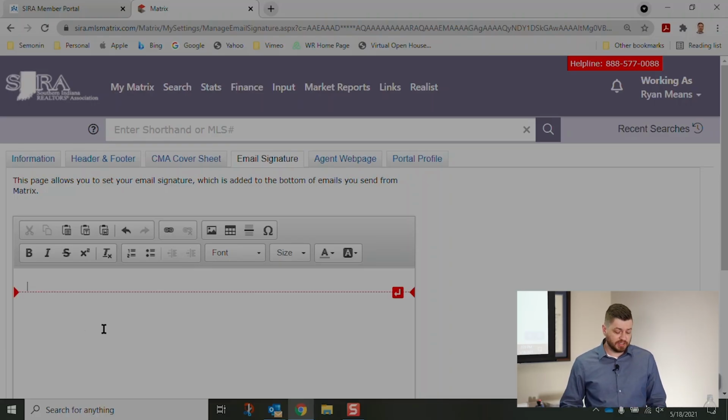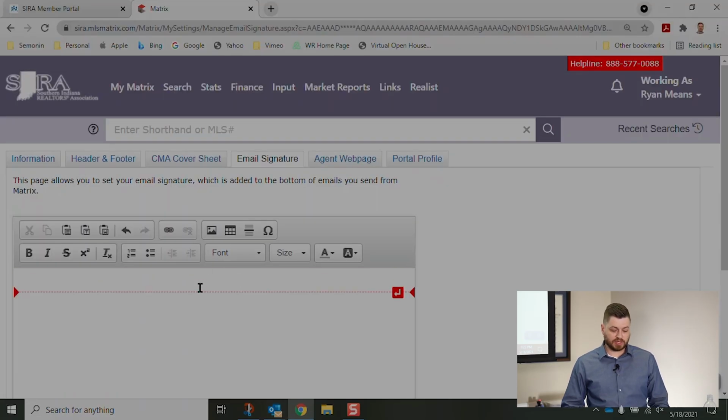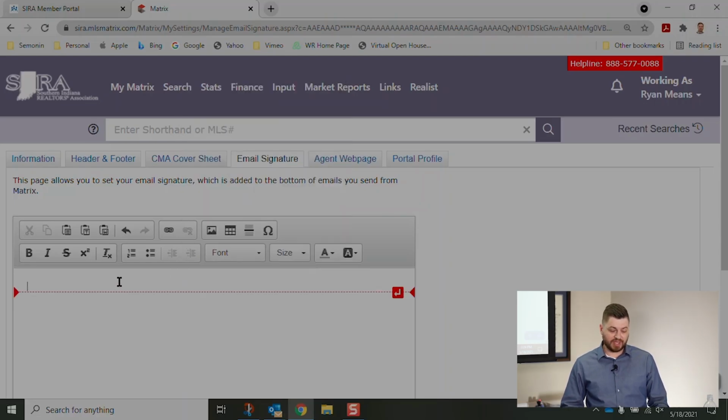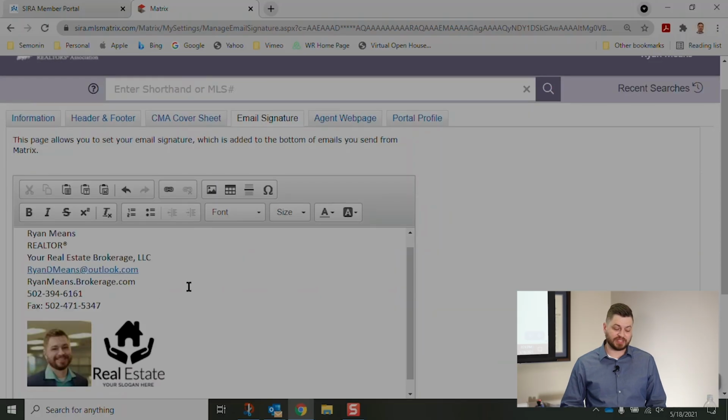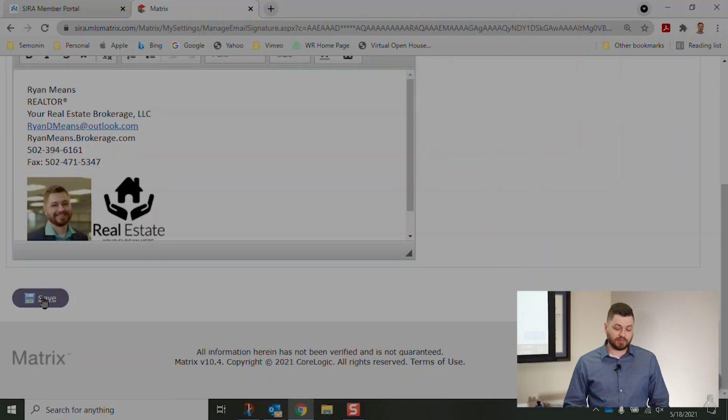Really quick and easy. Simply go to an email that you have, copy your signature. So select that email signature, right-click and hit copy, and come back over to Matrix, right-click and hit paste. If you don't see paste when you right-click, then you can do a Control-V on a PC, that's paste, or on a Mac it is Command-V. Same functionality, and you'll see it pasted everything in. It's got my images, it's got everything that I would need ready to go, and then I would simply save